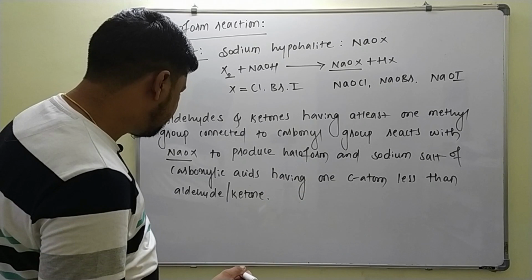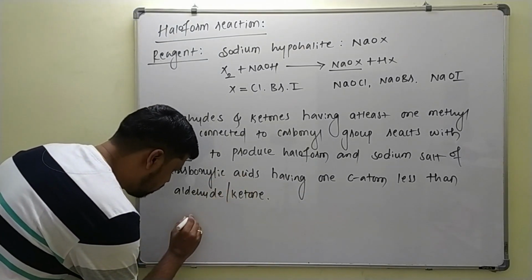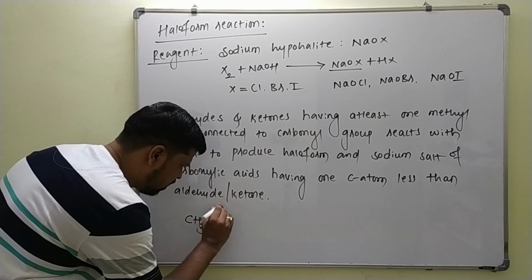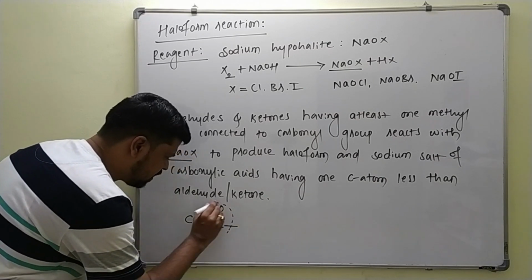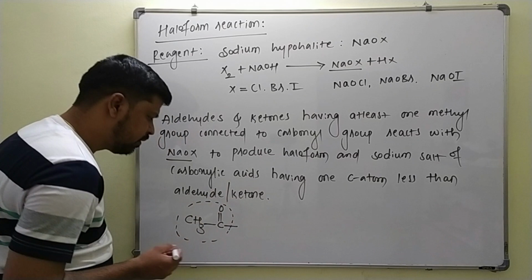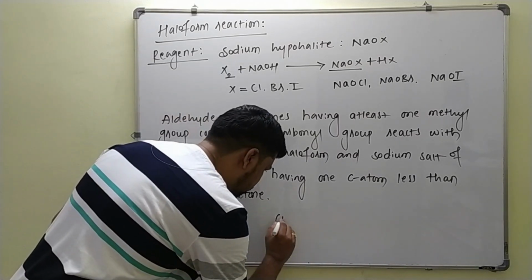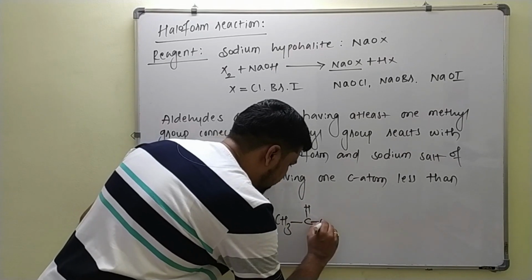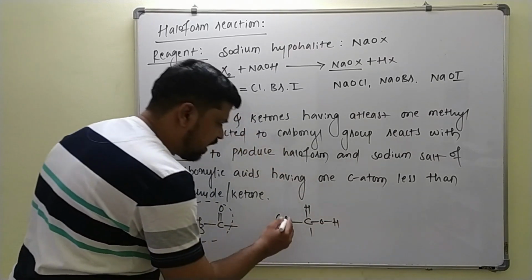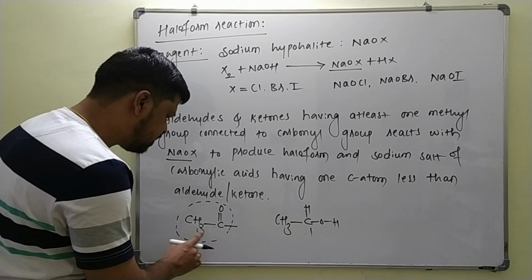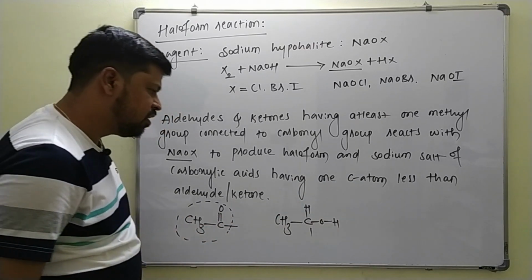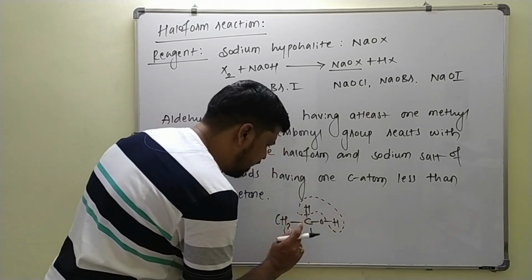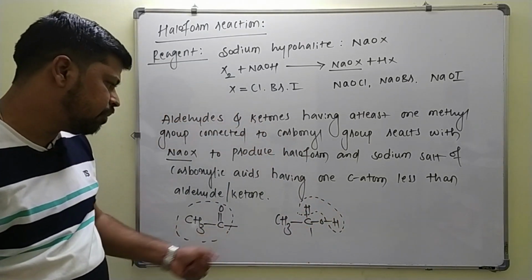So the importance of this reaction is, it is used to identify the CH3 C double bond O group present in an organic compound, and it is also used to identify the CH3 CHOH group, because again this group can be converted into CH3 C double bond O only. Upon dehydrogenation, if you remove these two hydrogens, it will convert into CH3 C double bond O,